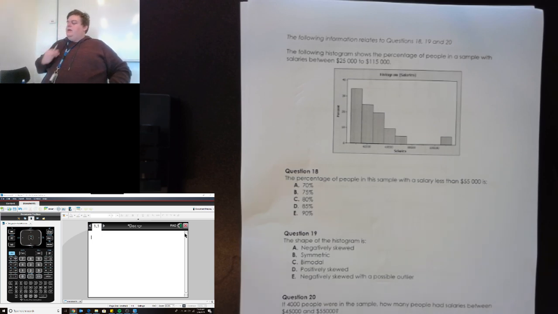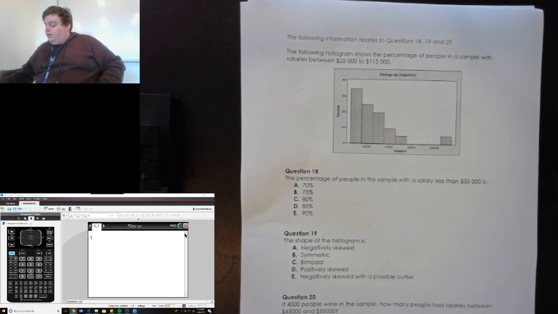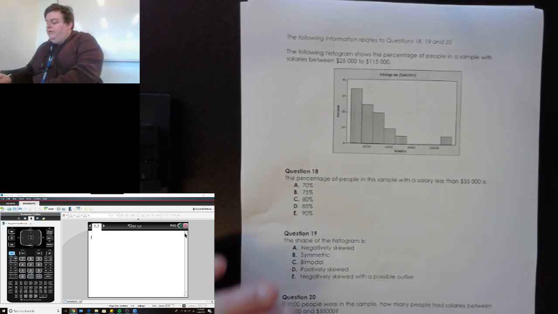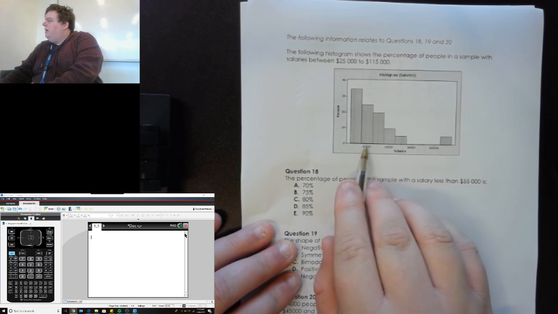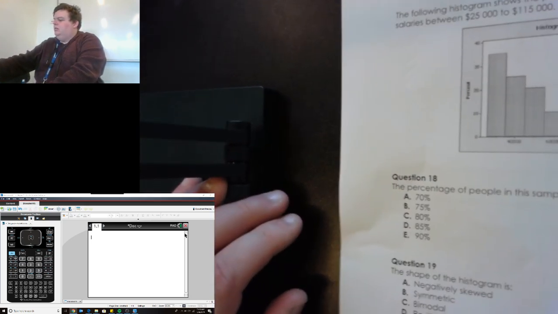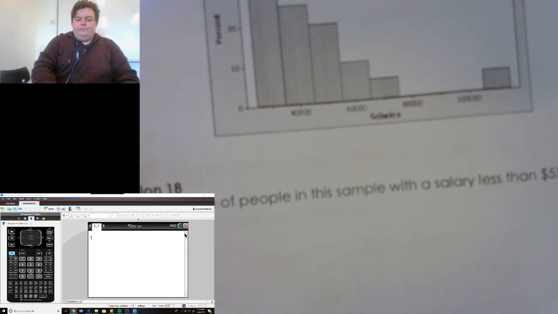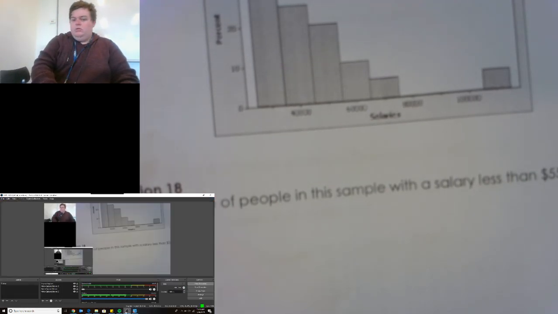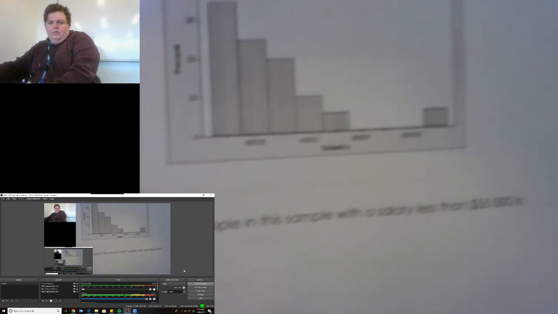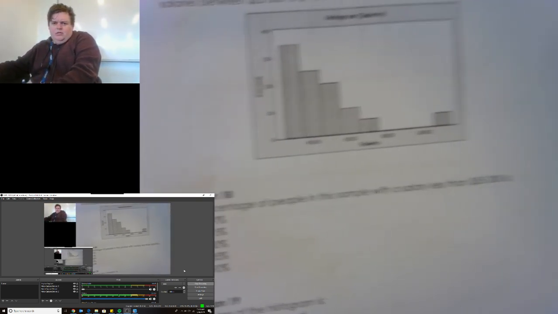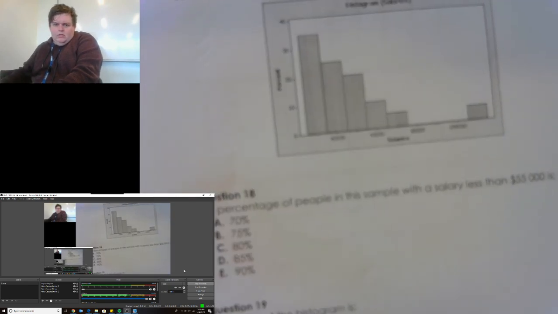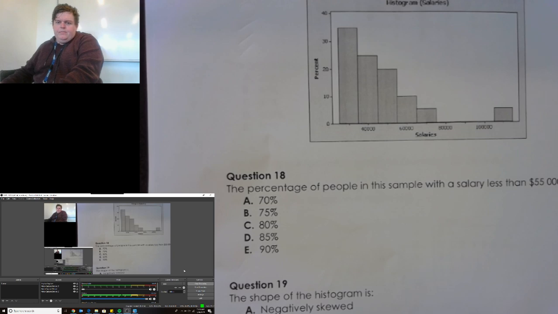So yeah, the amount of people in this histogram that have a salary that is less than 55,000 is about what? Alright, so first you're going to need to identify where on this graph 55,000 would be. It's a bit hard to see, so I might zoom the camera in a little bit closer. Let me open this up and make sure that I can get a clean picture of this. Alright,